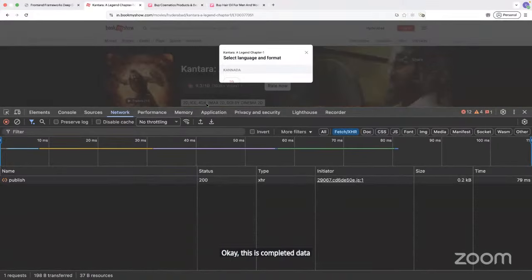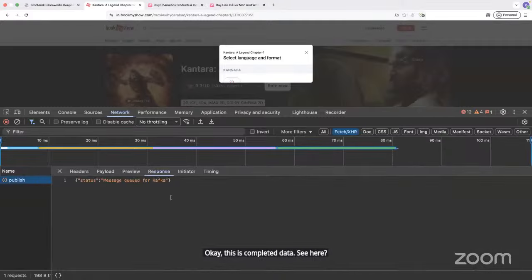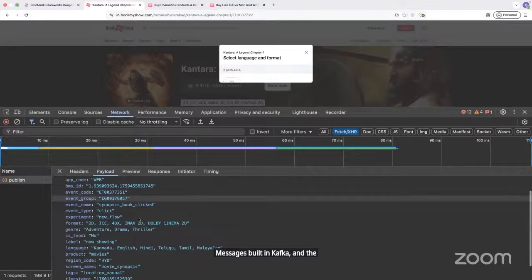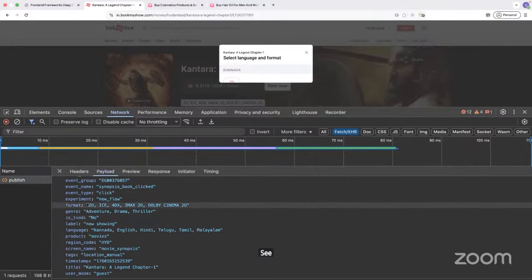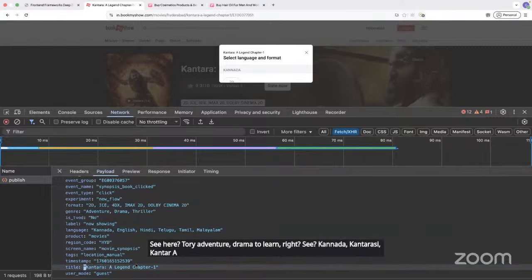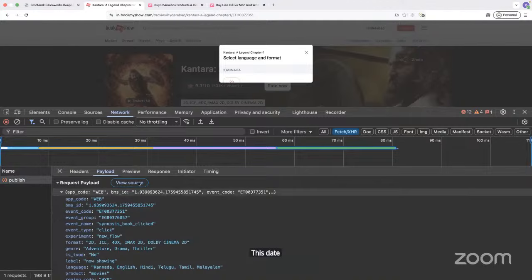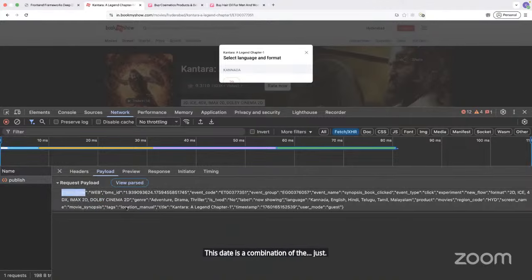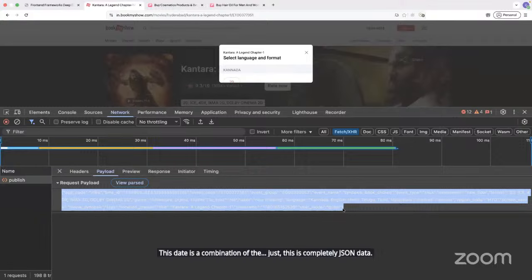See here, publish, message, script, the status, the payload, everything is there. See here, 2D adventure, drama thriller, Kannada, Kantara A Legend Chapter 1. This is completely JSON data, in a combination of key value pairs.